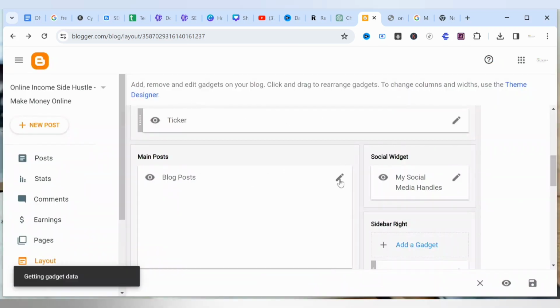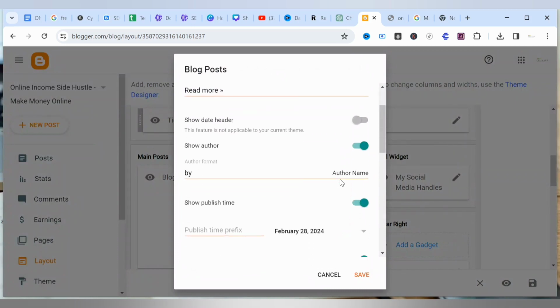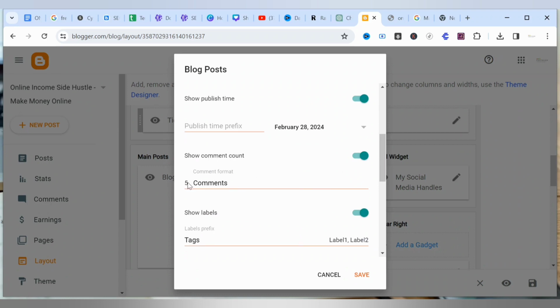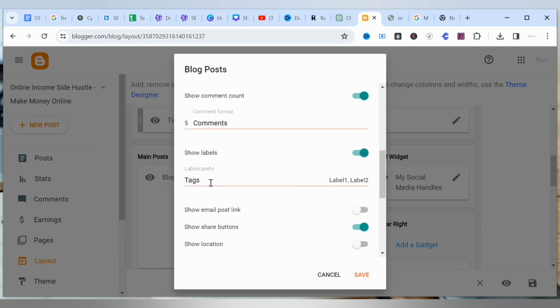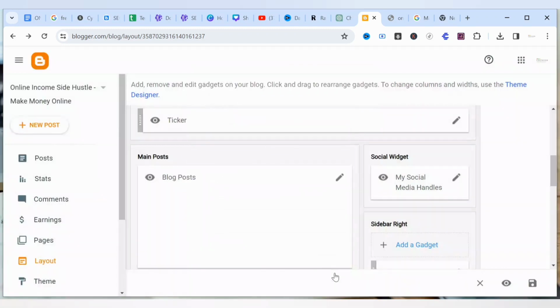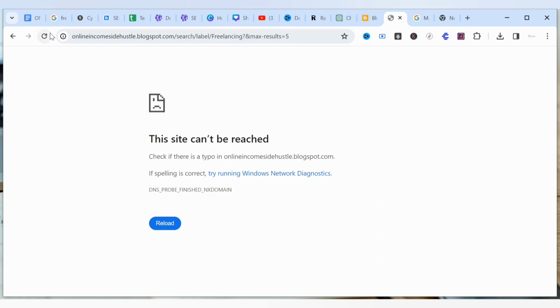So let's check the main post if we have anything to customize. Here you can customize your author name and so on. So let's scroll down to here. You can increase the number of comments you want to show per page, and so on. So I think there's nothing much that you want to do. So the sidebar, most popular post, let's check this. Maybe we would see,